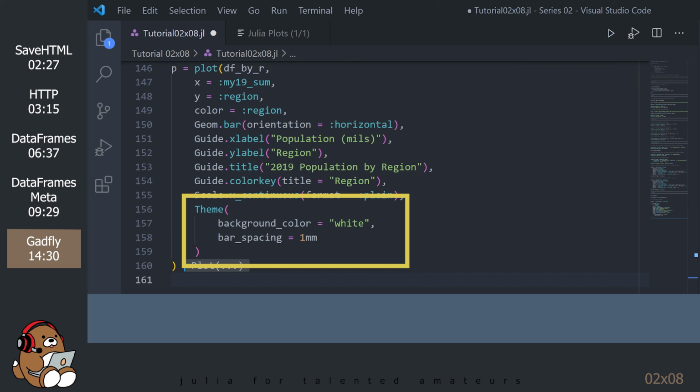The bar spacing attribute is unique to bar plots. Leaving a space between the bars will help to distinguish it from a histogram. While it may seem verbose, the syntax is actually quite logical. You'll see for the rest of the plots, we're basically going to copy and paste this template with some minor modifications for the different plot types.